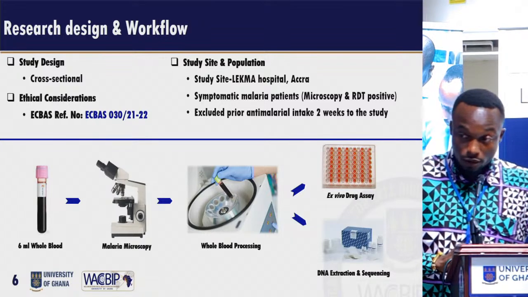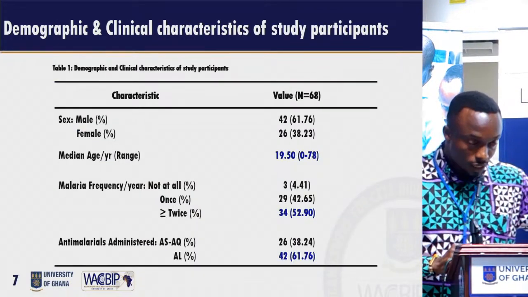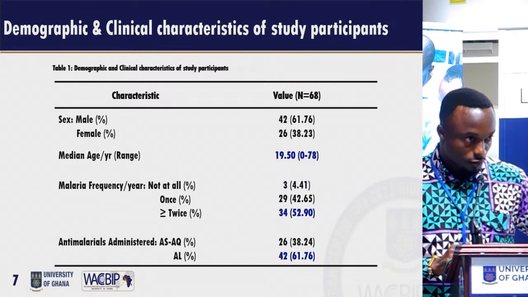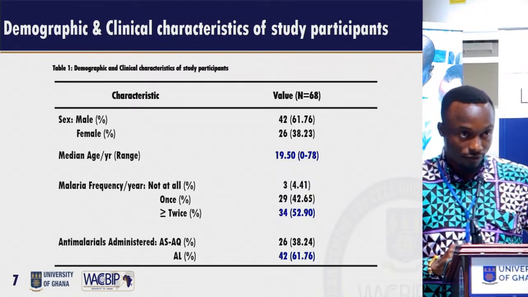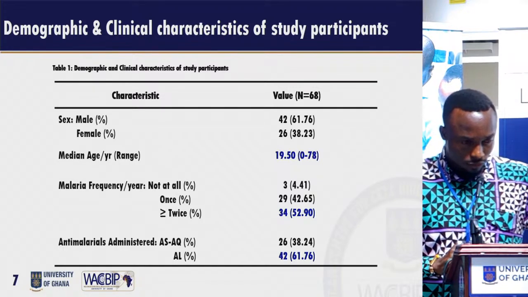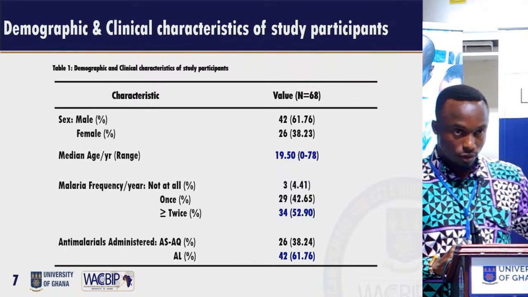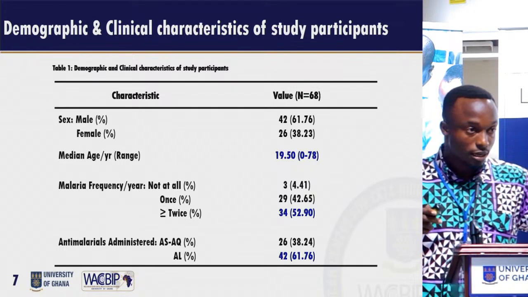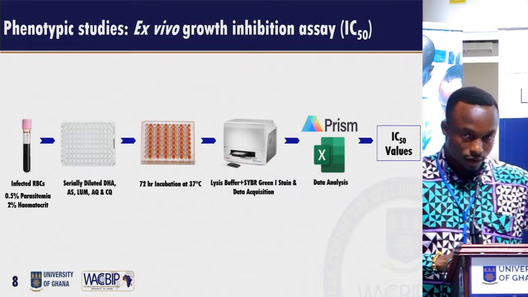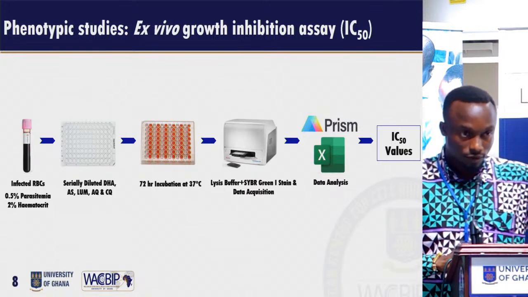We stored an aliquot for molecular work. Because we look at the median age and the range, we could see that malaria still affects a wide range, even though children under 5 are the hardest hit. And also, the majority of the participants were adults, which agrees with other studies that have shown that urban malaria is prevalent in this clinic, which is expected as this is an urban population. Parasites were incubated with serially diluted drug compound for 72 hours at 37 degrees Celsius,